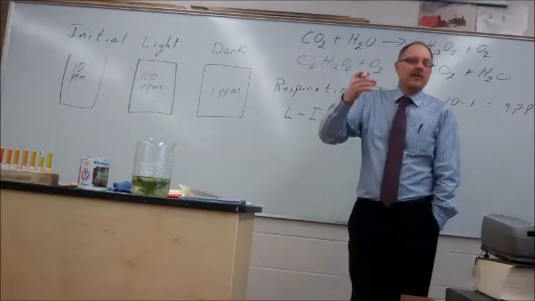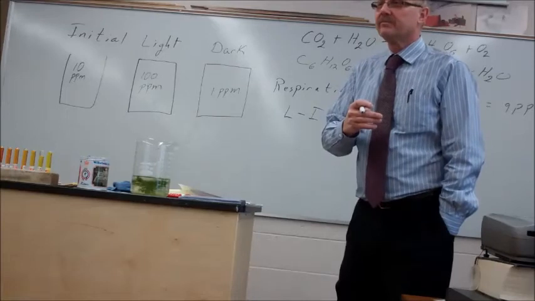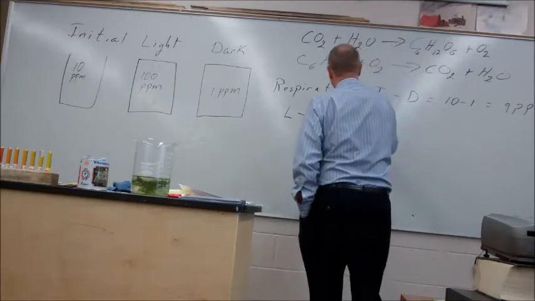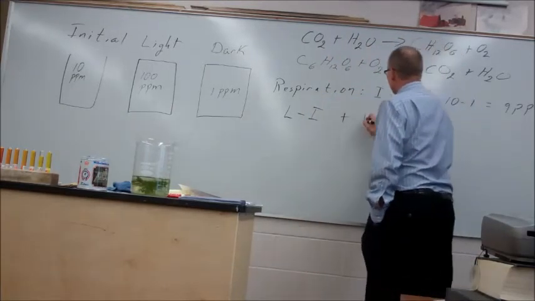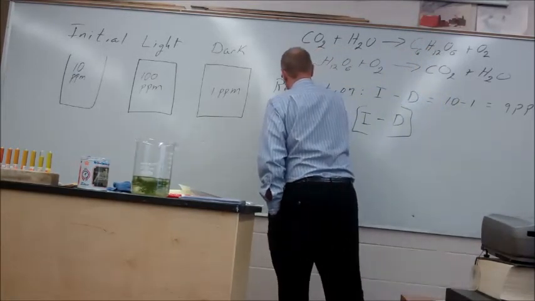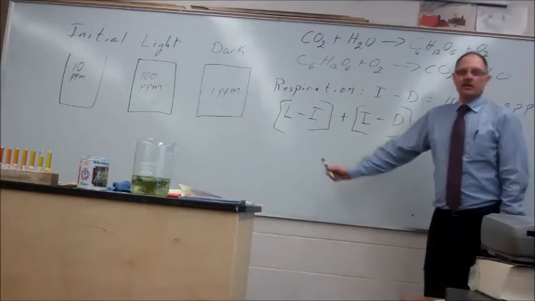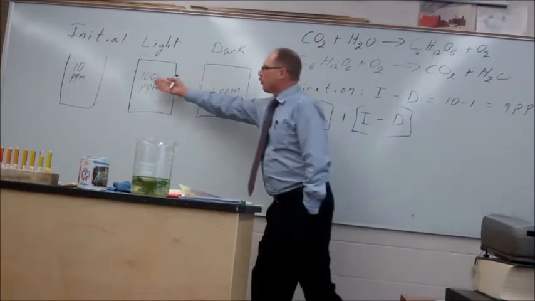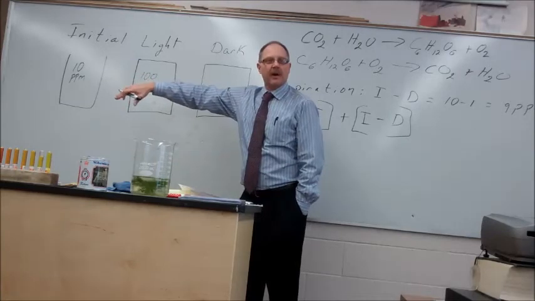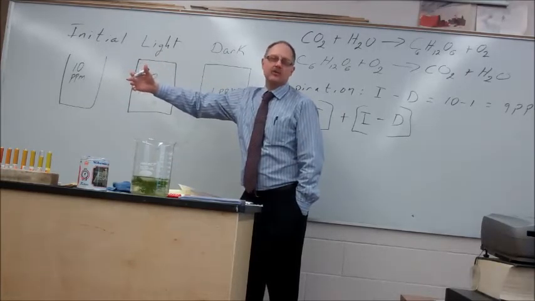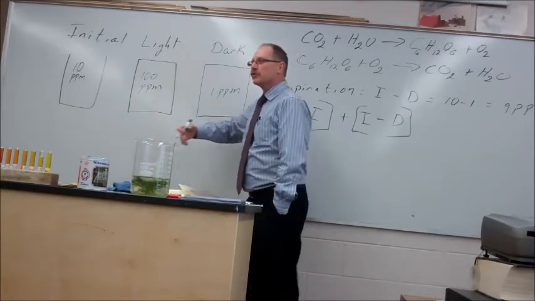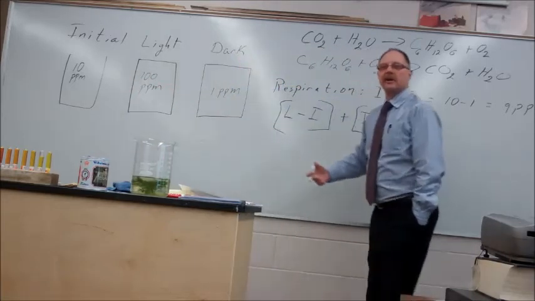How do we throw in the amount of oxygen that was used up in respiration? Pardon me? Yeah, okay, so we have to add the initial minus dark. Does that make sense? We take the amount that was left over. This 100 minus 10 not only represents the amount of photosynthesis that went on, it just represents the amount that was left over after we took out the amount we needed for respiration. So we have to add that respiration amount back to it. And this tells us then